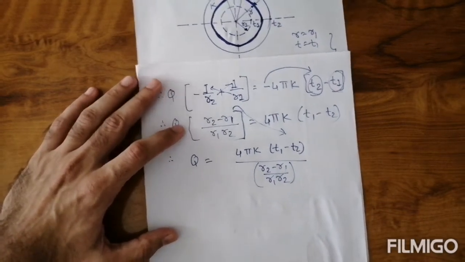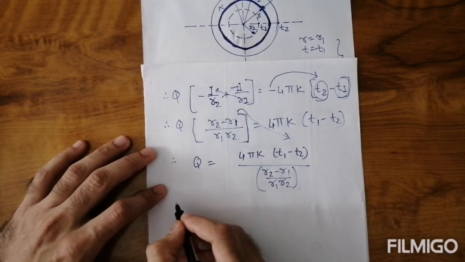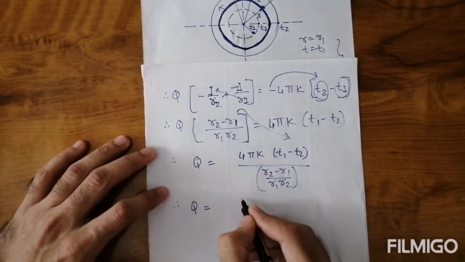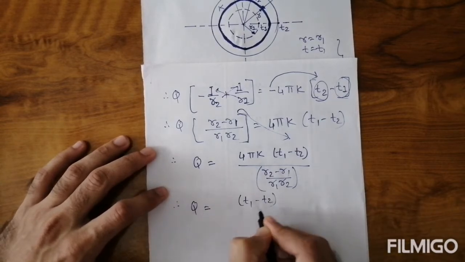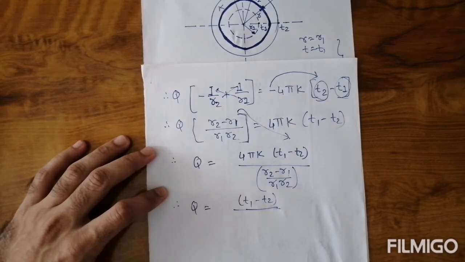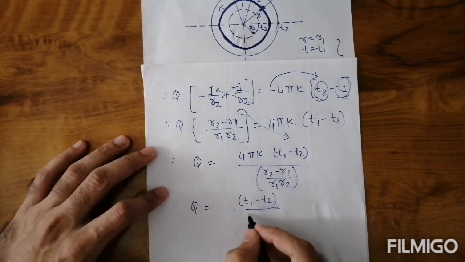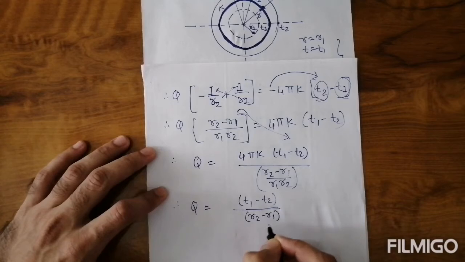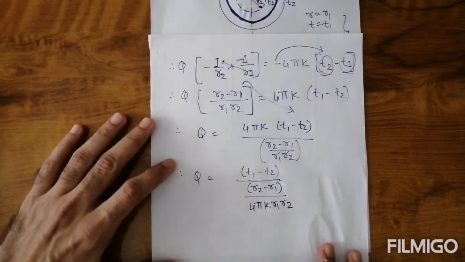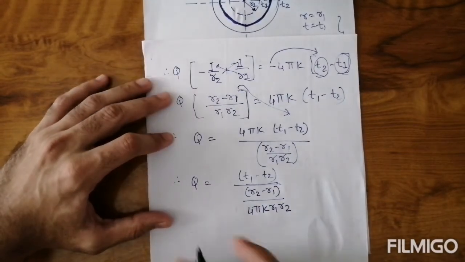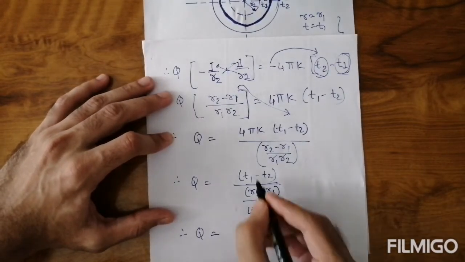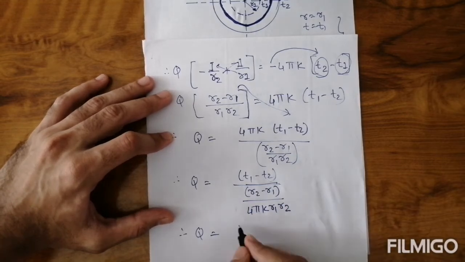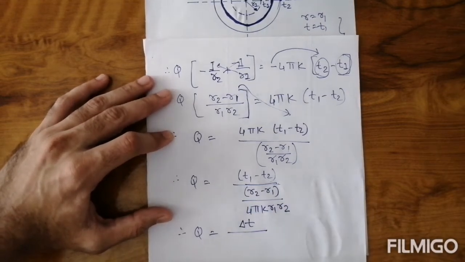Okay, up to that. We can also write this equation. Okay, Q is equal to T1 minus T2 as it is. Okay, and what will be our denominator? So the denominator will be R2 minus R1 divided by, we can write that 4 pi k, the denominator will be considered here R1 R2. We can also write that equation. Okay, we can also write Q is equal to, that is your temperature difference, T1 minus T2. So we can also write delta T, that is called T1 minus T2.